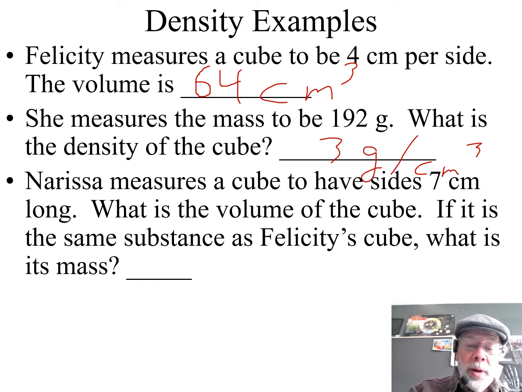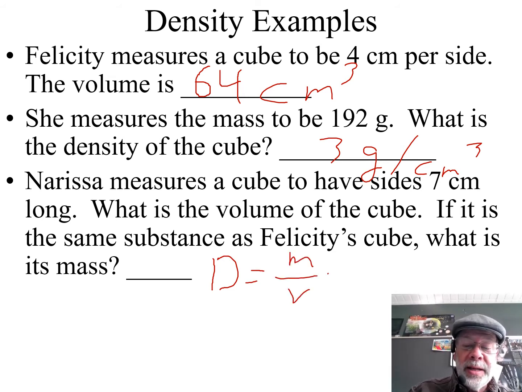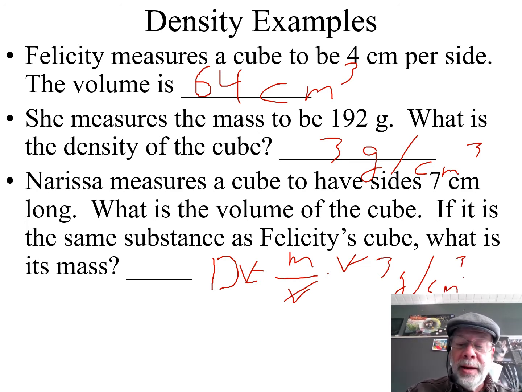All right. Well, we know that if we're looking for mass, we have density equals mass over volume. We're looking for mass by itself, multiply both sides by V. So the V's cancel out here. So what is its mass? The density is 3 grams per cubic centimeter, 3 grams per cm3, and we're multiplying that by